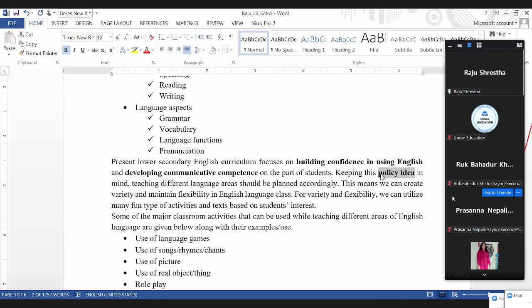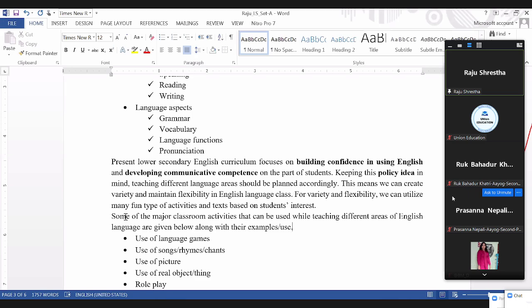This means we can create variety and maintain flexibility in English language class. For variety and flexibility, we can utilize many fun types of activities and texts based on the students' interest. Some of the major classroom activities that can be used while teaching different areas of English language are given below